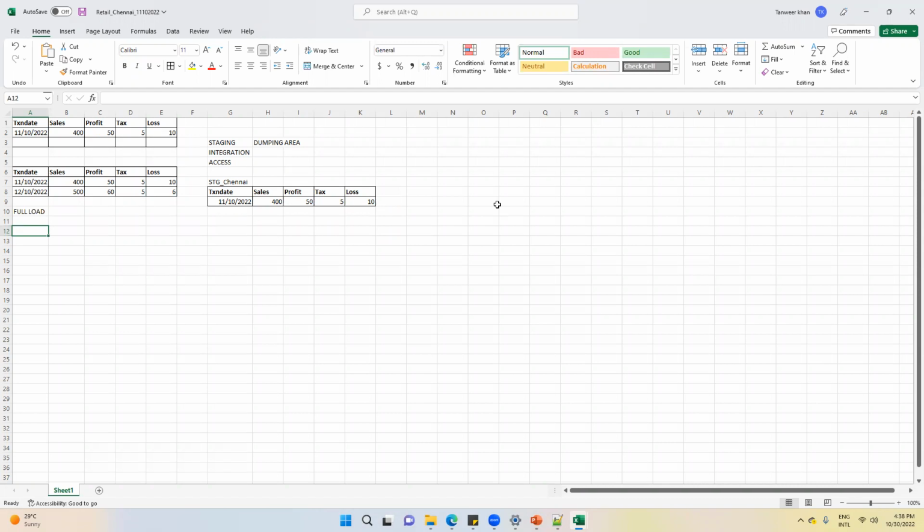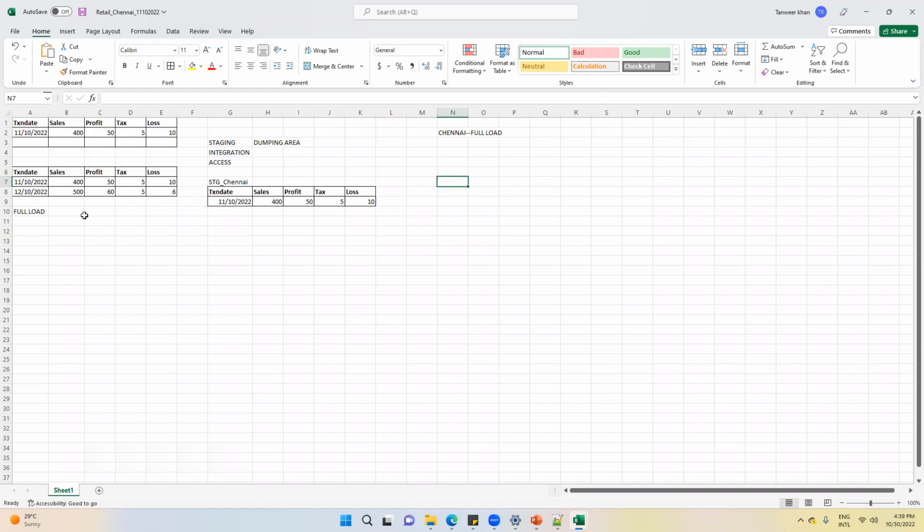I checked in the FRD and it is clearly mentioned that the Chennai team will send data in full load format. Now tell me, whose mistake is it? My mistake or the source team's mistake? My mistake. Correct? Now you might be thinking, why is he sending the data again? That is a different topic of discussion, I will not go into that now.